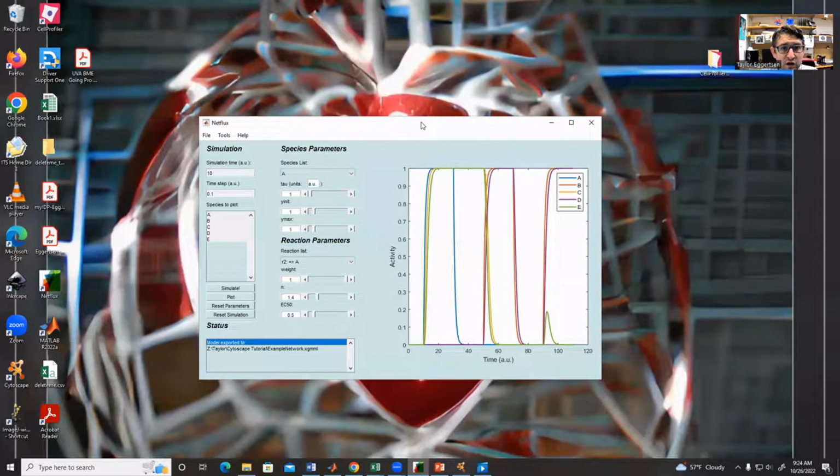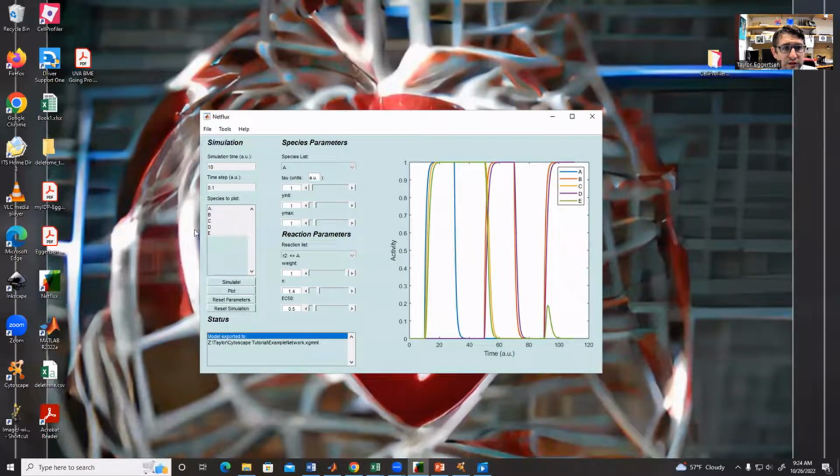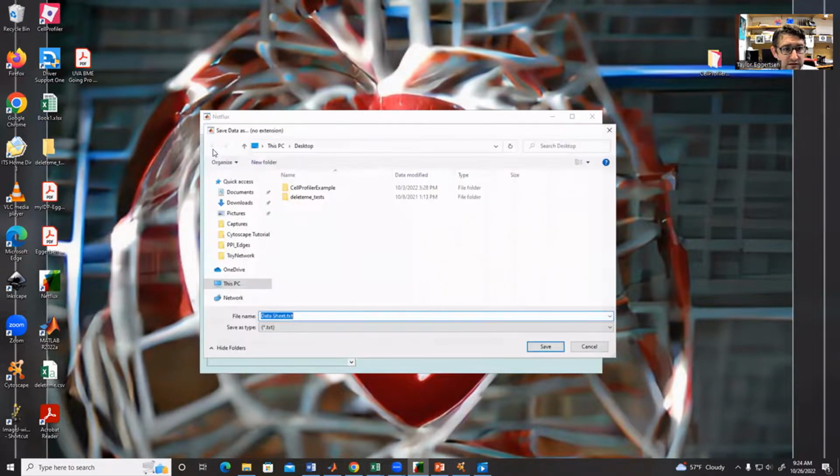So first, we start with Netflux. Once we have imported the network and run the simulations that we're interested in, we want to export these data. So we go to File, Export Data, and I'm going to save these as example data. You can see I've already saved these before. You would hit Save,